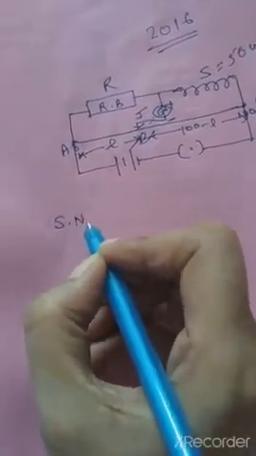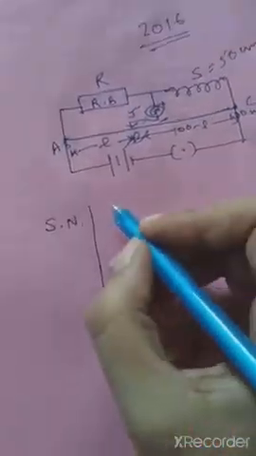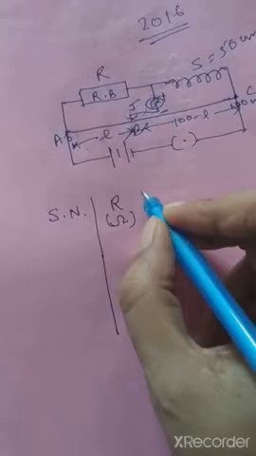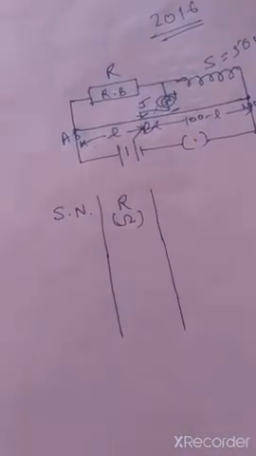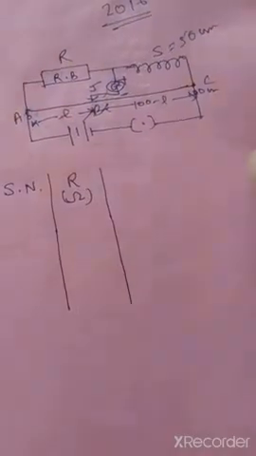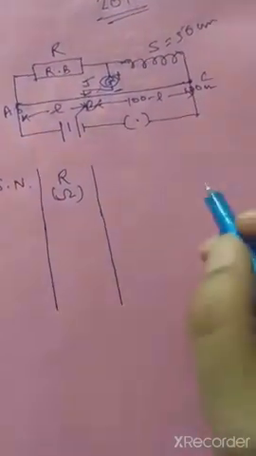Now make a table. In the examination, it will not be asked to write the procedure or anything. The question in the paper will ask to write the observation table, calculation and results. So that's why your observation table also needs to be correct. First thing that you will do is your serial number, and then you have the R value, resistance box. When we make the table, always write the unit. That is what the examiner will check when he checks your copies, that you know how to make the observation table and you know the units also. And if you do not write these units, then the marks will be deducted.